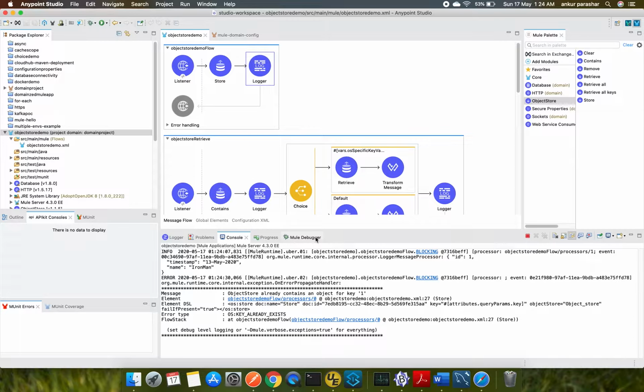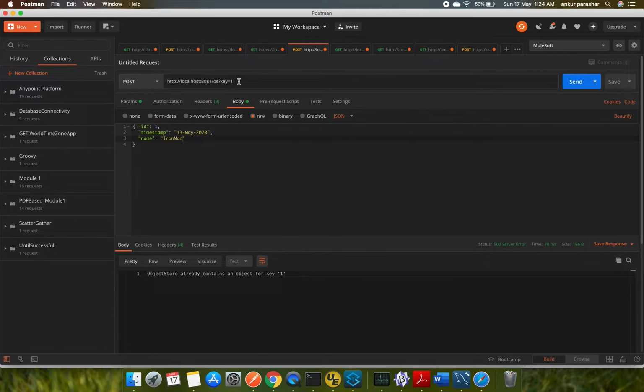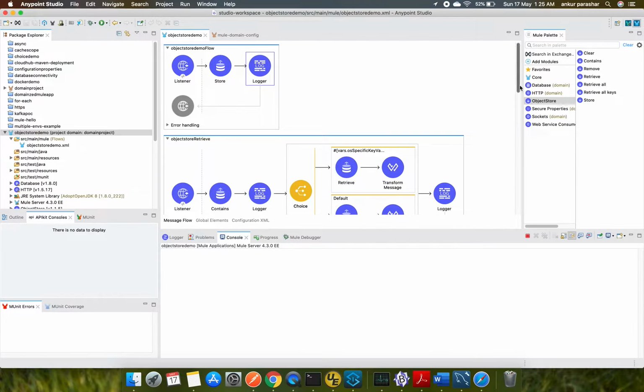So let's put one more entry. I will change the key to 2, ID as 2, maybe date as 14th. Instead of Iron Man, Spider-Man, what do you say? Click on send. So a second key is generated with ID as 2 and name and all the other details. I will clean this up. Have you noticed, if it is already there, it shows key already exists. So let me clean it up, and we'll go for the second use case,